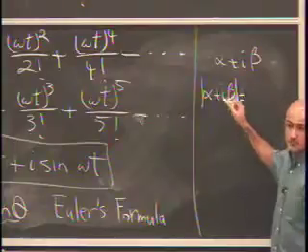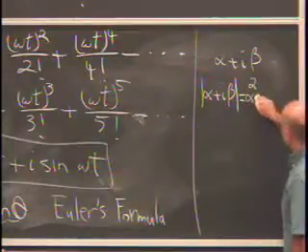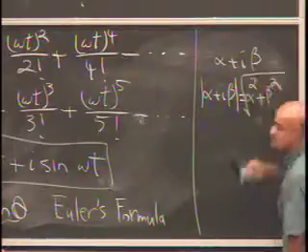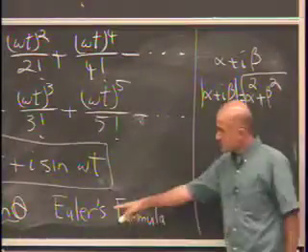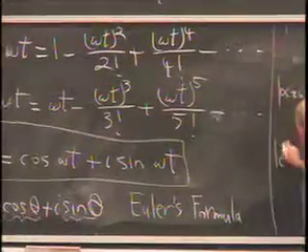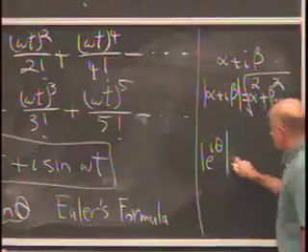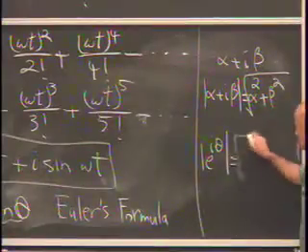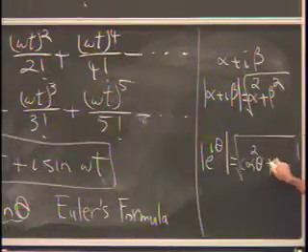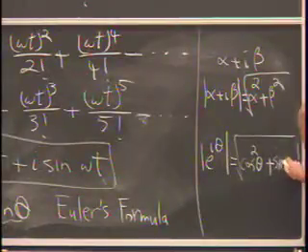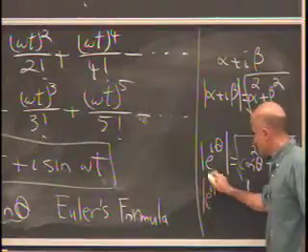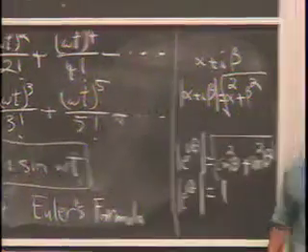It's what? Square alpha plus square root. Right? So what happens when you do that to this number? E to the I theta is equal to square root of what? Cosine squared plus sine squared. And that's what? 1. So